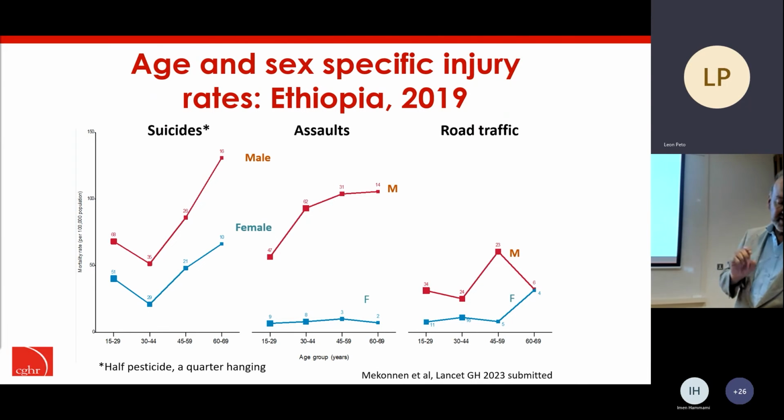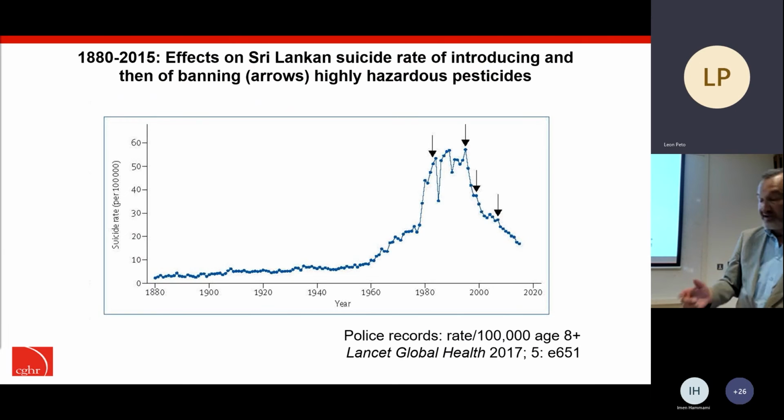For suicides, what was interesting in both places is that half were due to pesticide poisoning and a quarter due to hanging, both in India and in Ethiopia. And Richard might have shown this slide to you earlier, but this is a remarkable effort in Sri Lanka, where they effectively banned or restricted access to hazardous pesticides from agricultural settings, and look at the decline in suicide death rates. So in both countries, a practical strategy to decrease suicides in India and Ethiopia would be to take pesticide access